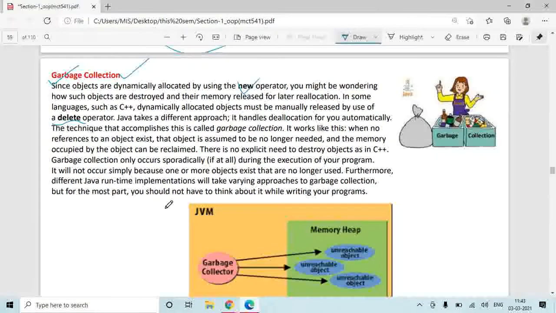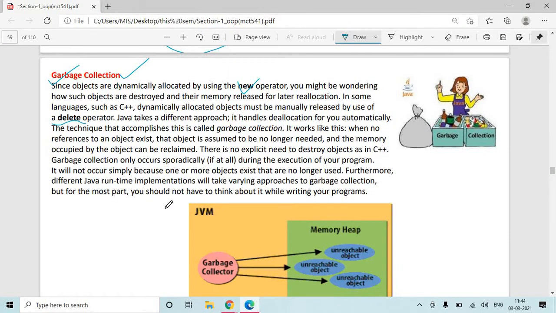So what the JVM will analyze is that out of 5 objects, 3 will be used, but 2 will not be used further. So there is no need to retain those 2 objects in memory because they occupy space. So let's release the space occupied by those 2 unused objects.